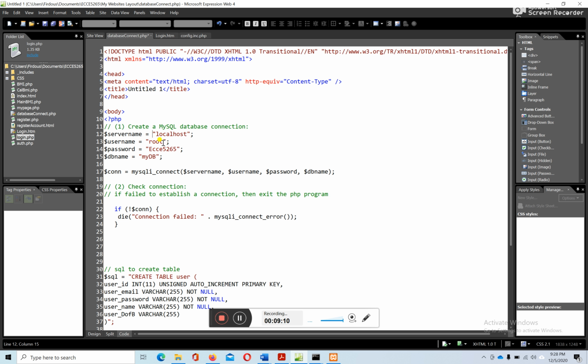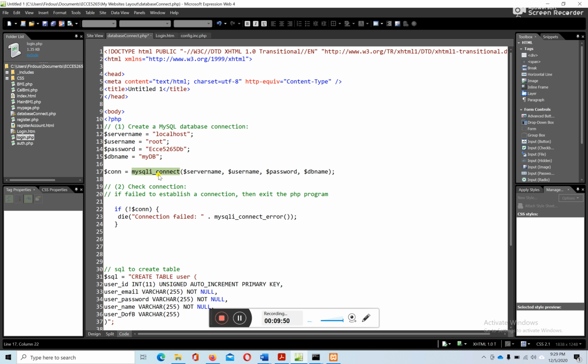First variable, I assigned it the name server name, and my server right now is localhost, so I will provide localhost as the server name. Then the username by default in XAMPP is root. Right now I'm working as root, so my username is root. Password, right now I just created a password, ECC5265DB, so this will be my password, and database name mydb. Okay, and then after declaring these 4 variables, I will start with the connection establishment. In order to establish a connection, I declare another variable. The name of this variable is connection, CONN, and equals to